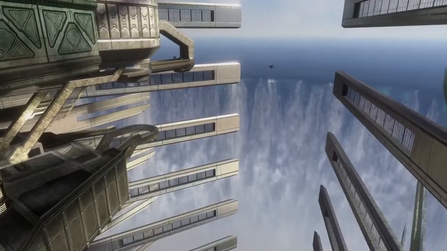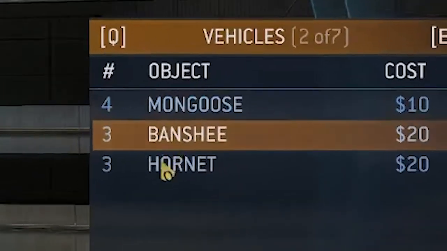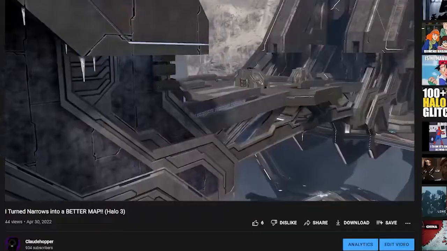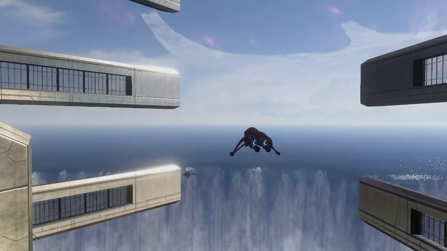Upon looking at this huge open airspace, hornets and banshees were naturally the first thing I wanted to add. Unlike Narrows, I was able to add them. Seriously, I can add flying vehicles to Construct, but not Narrows? What's wrong with you, 343, or Bungie, or whoever I'm supposed to blame? Don't fly too far out or else you'll,